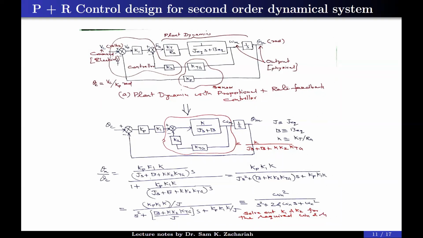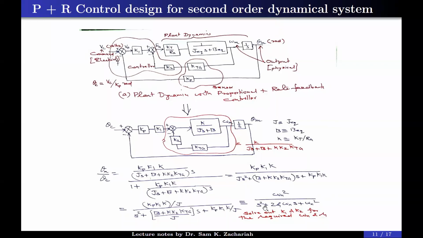Okay, I will answer that. See, we have started from the simplest specification and the simplest controller structure. There is a standard second order dynamics. All of us are very familiar with the effect of natural frequency and damping factor on the step response and frequency response. We can obtain such a closed loop transfer function only if you are using explicit feedback and proportional gain. This structure is exactly similar to that.